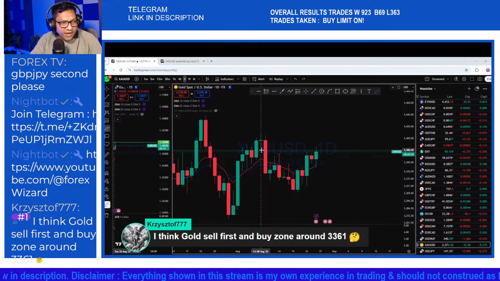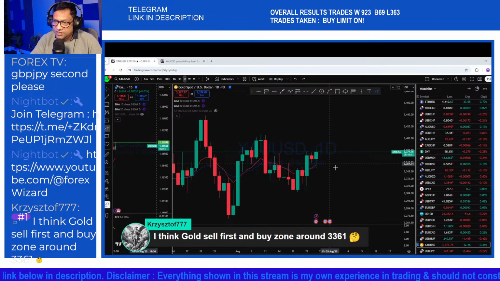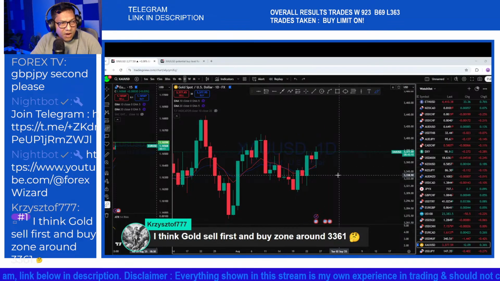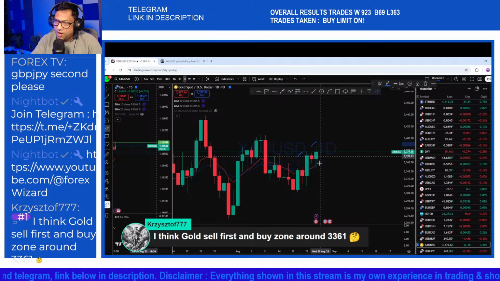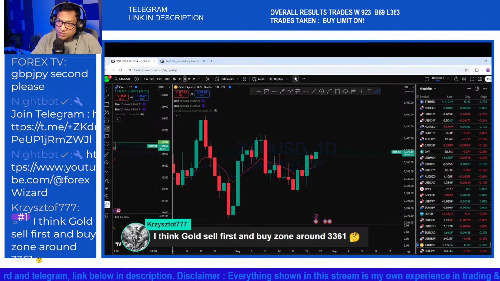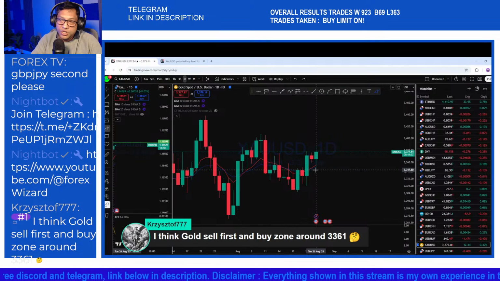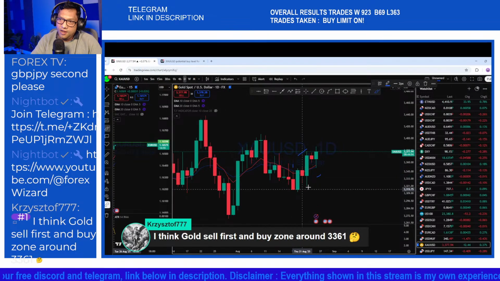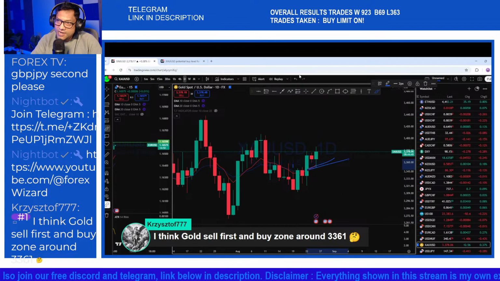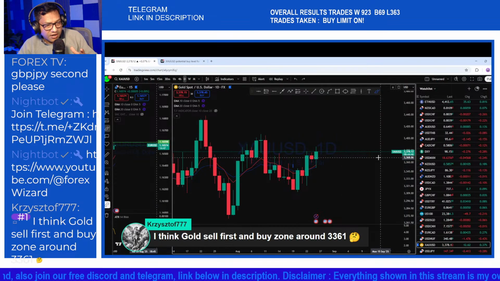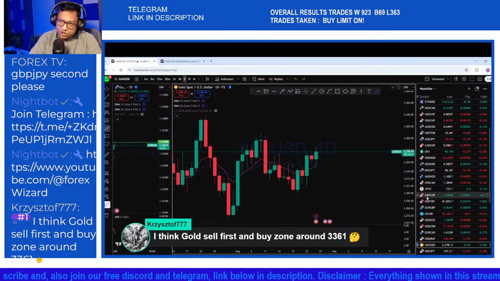So when we are looking at this, we consider two identical factors here. One is the market structure, where the market is forming a series of higher highs and higher lows, which is a bull market. In a bull market, we need to look for higher high, higher low. Second factor that we look at is the 10 and 20 EMA. The EMAs are a great way to know the overall price in relation to the EMAs.